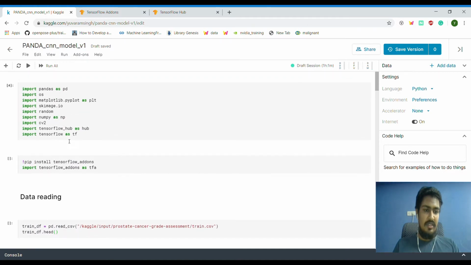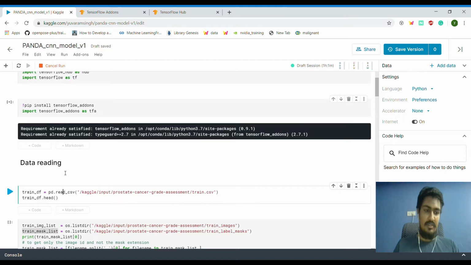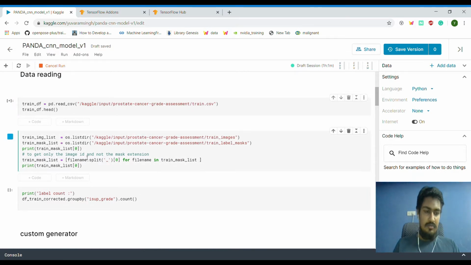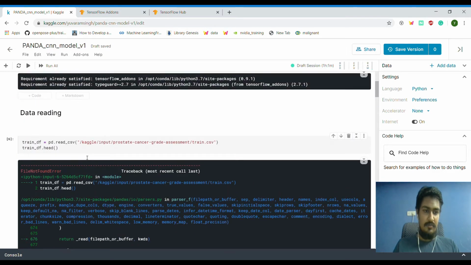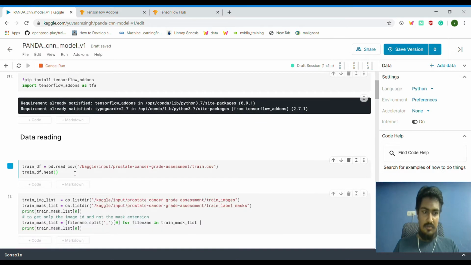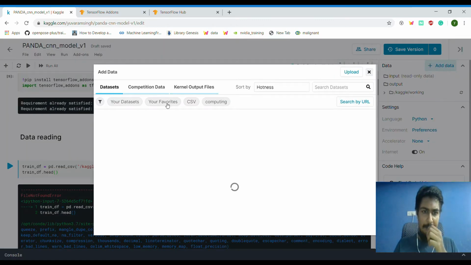I'll just quickly run all the cells also, and I hope there are no errors. Yeah. So this one looks like we are getting some error. For some reason the data is not here.